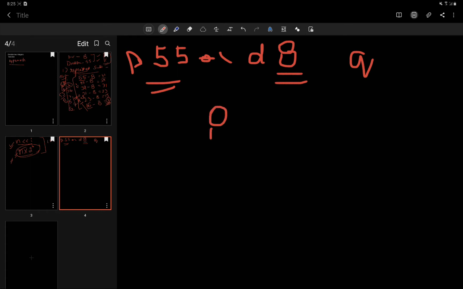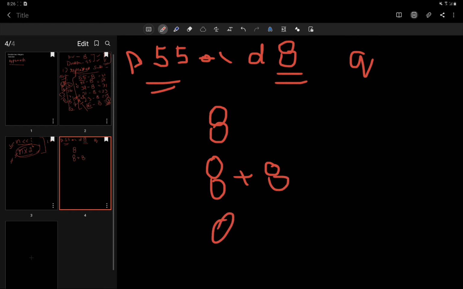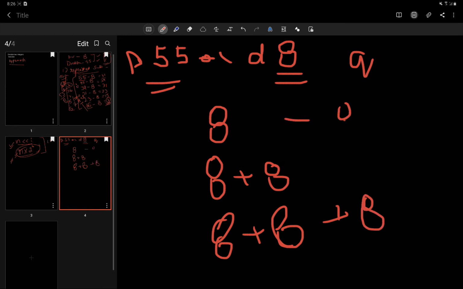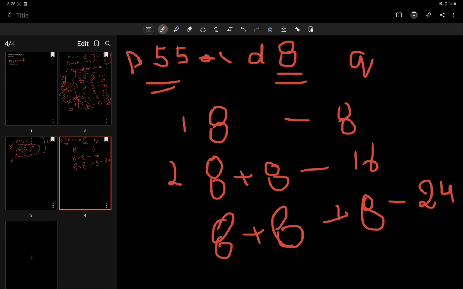We take 8, then 8 plus 8, and then 8 plus 8 plus 8. So 8 plus 8 is 16, and 8 plus 8 plus 8 is 24. So we take 8 one time, two times, three times, and so on.